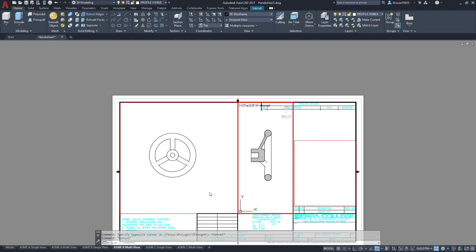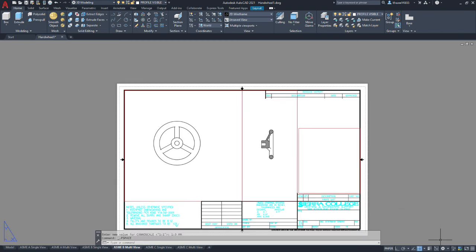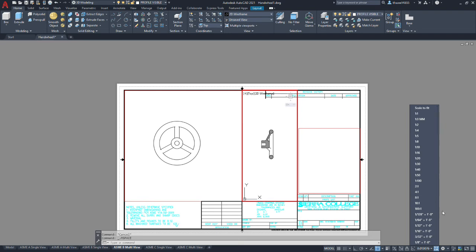And then we want to set our scale. Now remember, these are metric. Let's try 1 to 2. So we'll still go down to a custom scale.